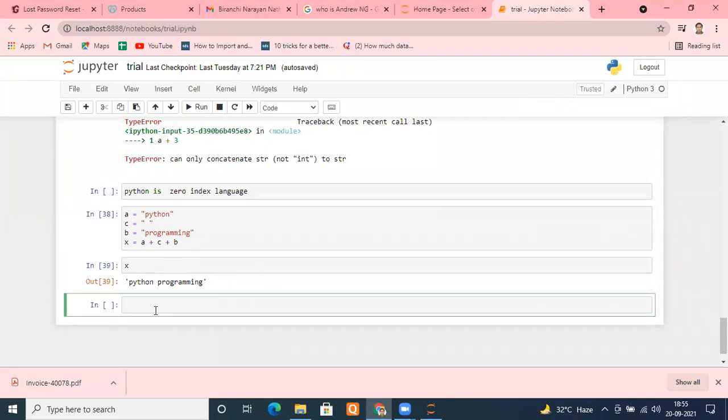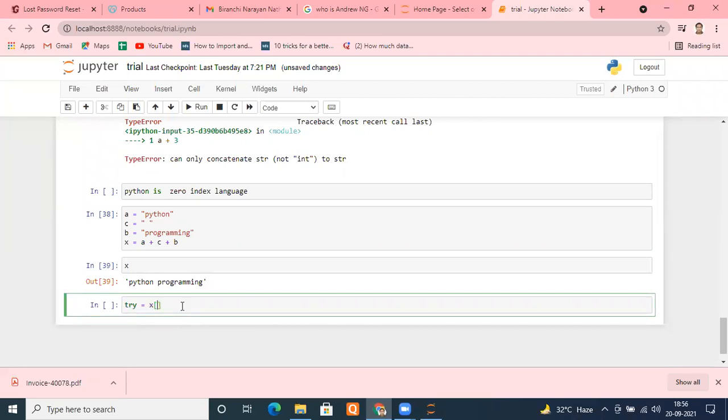So if I want to access any particular character from this string, to print it or assign it to any other variable, I can do that. For example, I want to take a variable known as, let's say, try, equals X. What is X? X is nothing but Python programming.